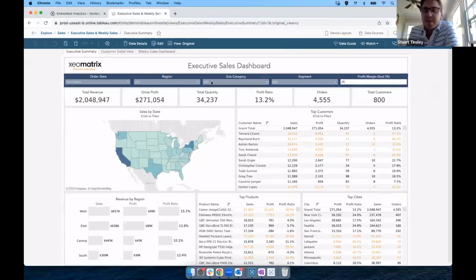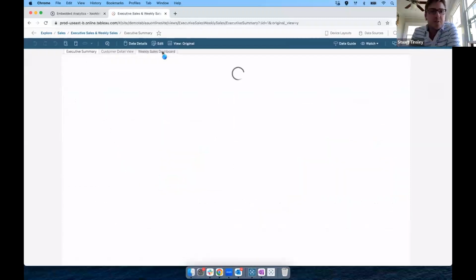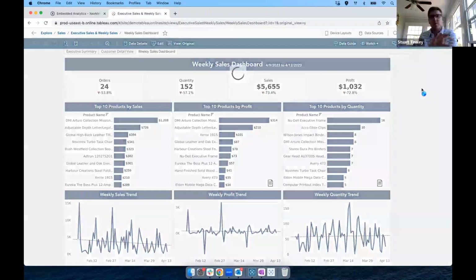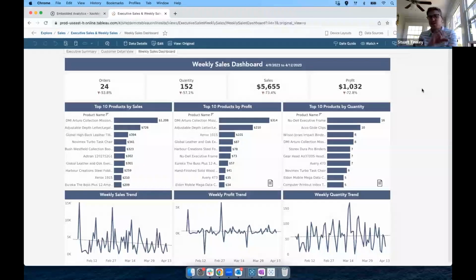Now, a lot of customers ask us along their Tableau journey, how would I set up a subscription so I get a snapshot via email of a report that might be important? So I'm going to jump over to my weekly sales dashboard. This might be a great example of a report that someone across your organization wants on a daily or weekly or monthly basis, right? So to set up a subscription, what you want to do is go over to watch,